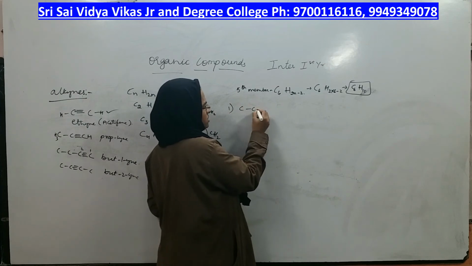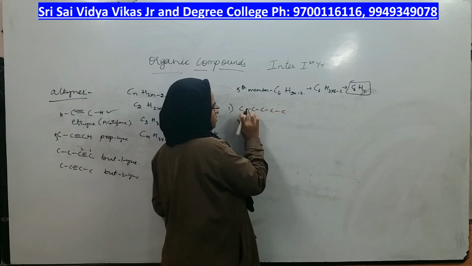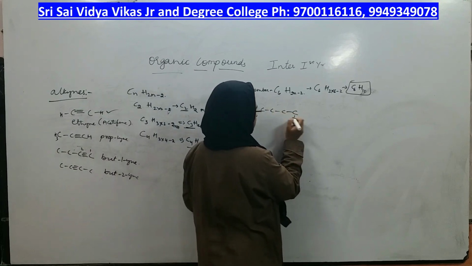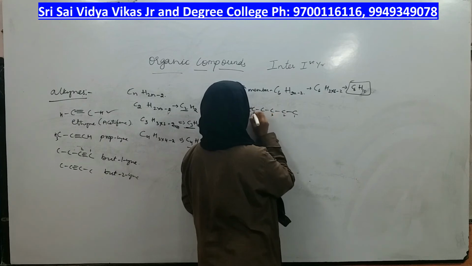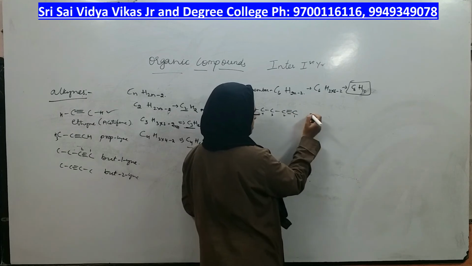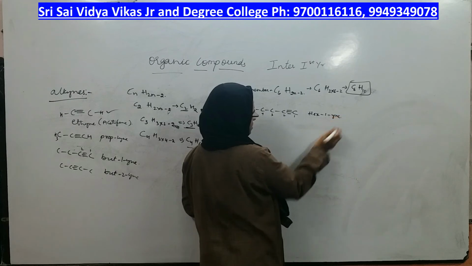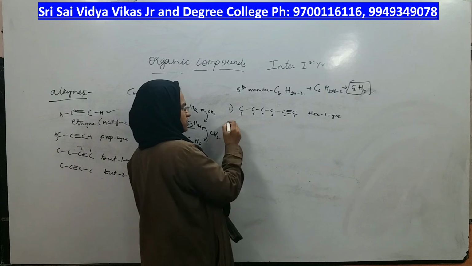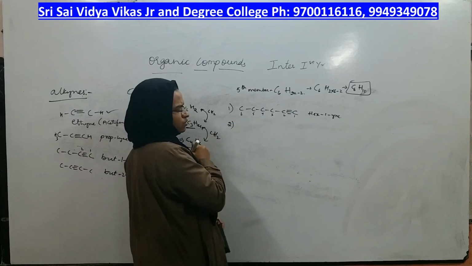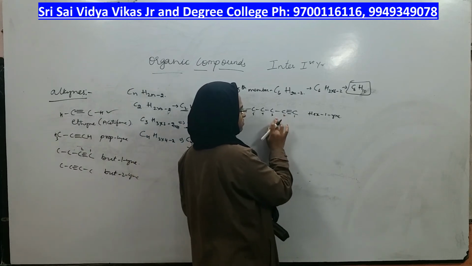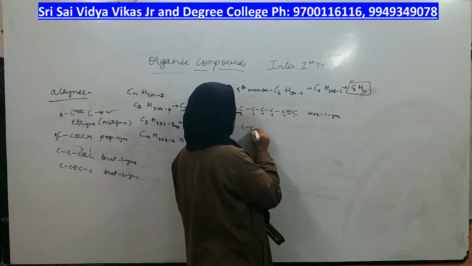Write all the 6 carbons side by side: 1, 2, 3, 4, 5, 6. Right? Let us give numbering also. If the triple bond is present at the first carbon only, what is the name? Hex-1-yne. Let us not waste our time in satisfying the hydrogens. Next, what can I do? I should directly go to 5 carbon containing compounds. Can I not change the position of the triple bond? Yes, I can. So I will do that.